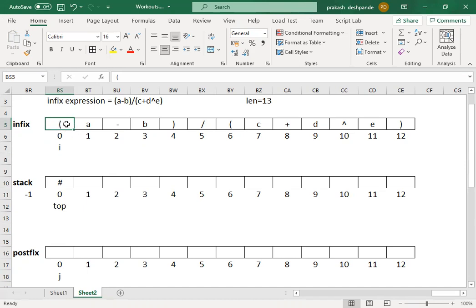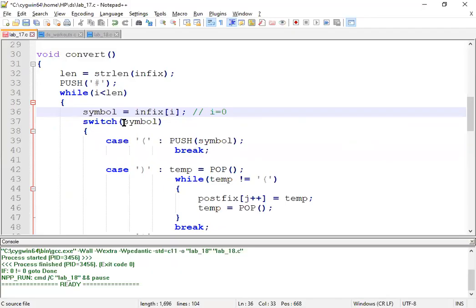Based upon what type of character or symbol it is, we perform a certain operation. The symbol which is being scanned is pointed to by the I value. It is an open bracket, open parenthesis. Now we will look at the switch cases.